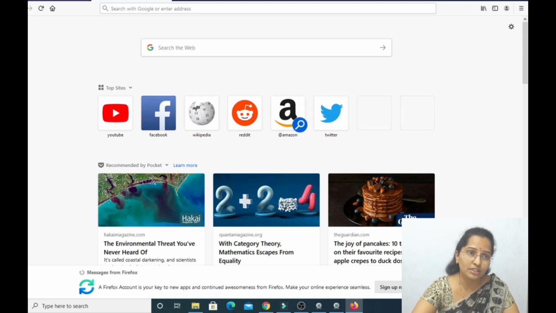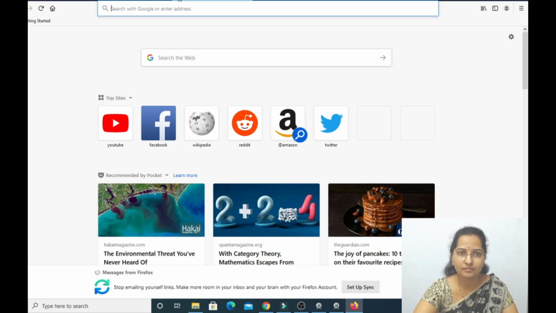Now what are these two? New tab. What is this? At the topmost corner, in MS Word, in this section we have the title bar. Yes or no? Yes, that is the area in this Firefox web browser. These two are tabs, meaning how many pages we have opened in the internet browser will be displayed here. See, 3 tabs, 4 tabs, 5 tabs are opened. Yes, these all are tabs.